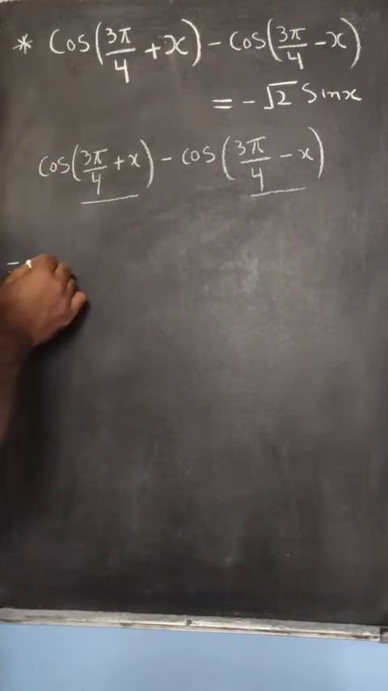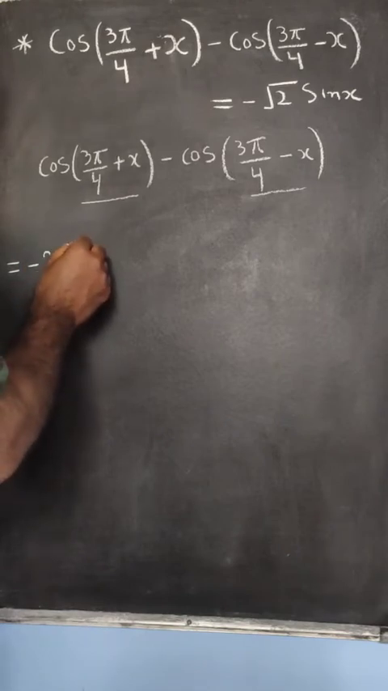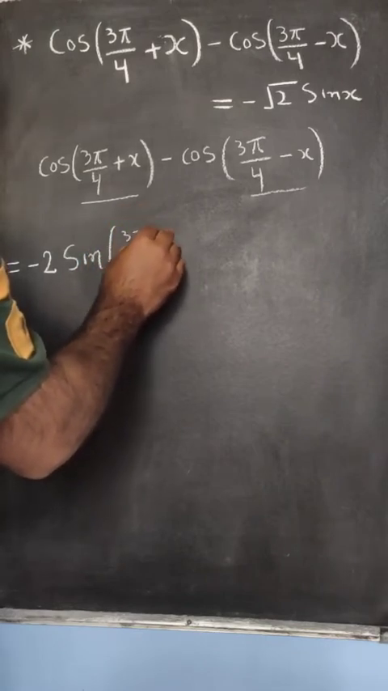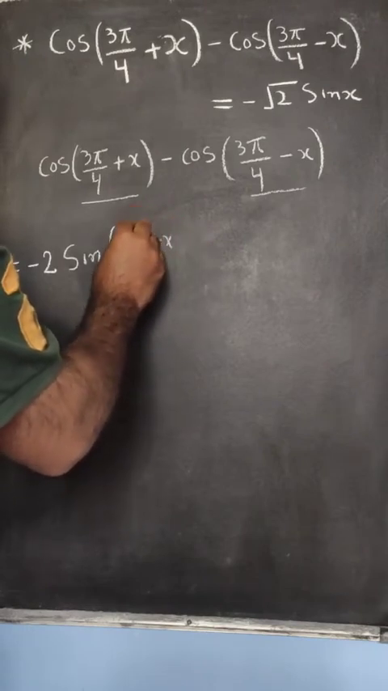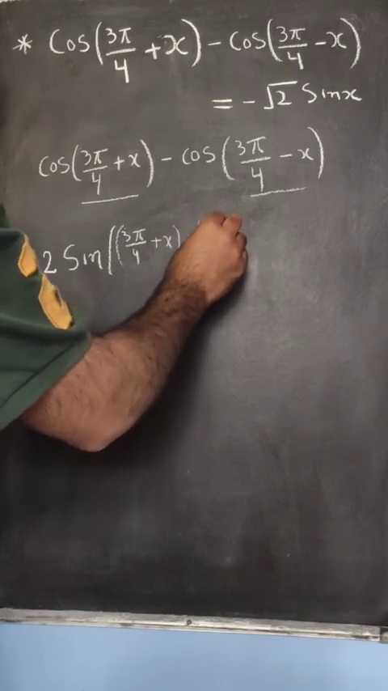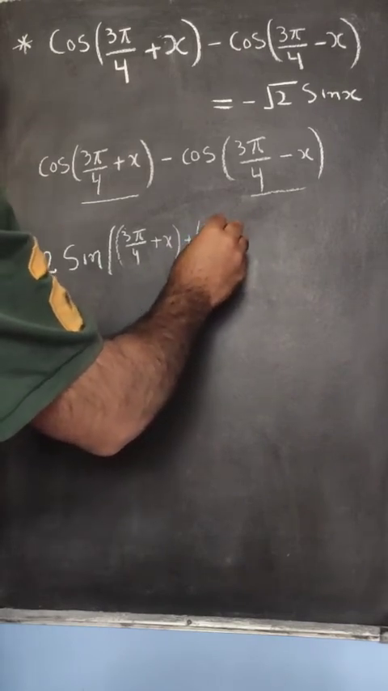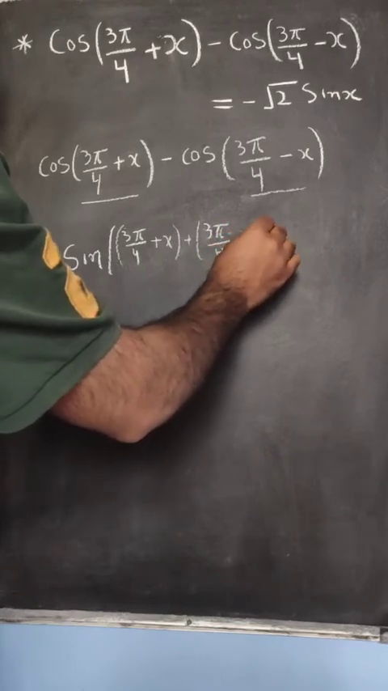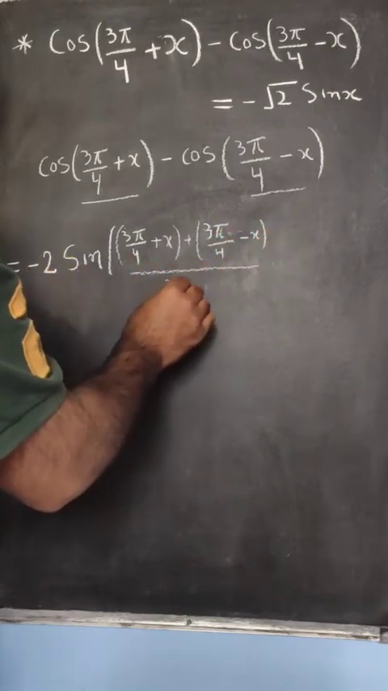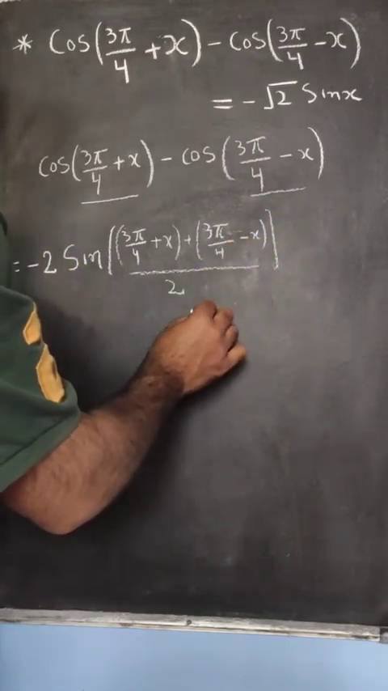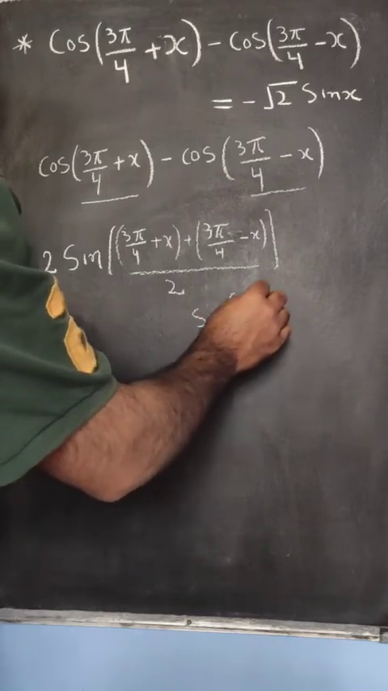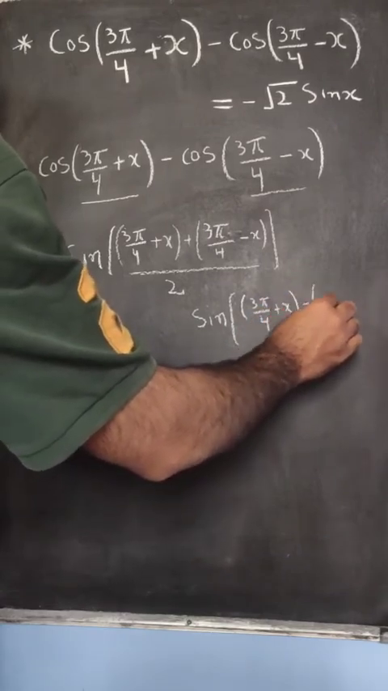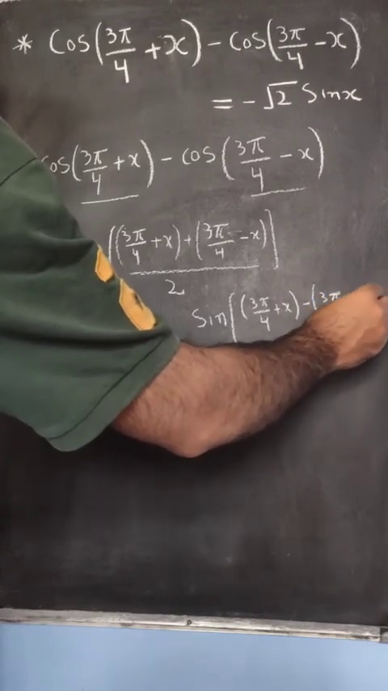So we can write it is minus 2 times sine a plus b, that is 3 pi by 4 plus x plus b, that is 3 pi by 4 minus x, divided by 2, and then we have sine a minus b, that is 3 pi by 4 plus x minus 3 pi by 4 minus x